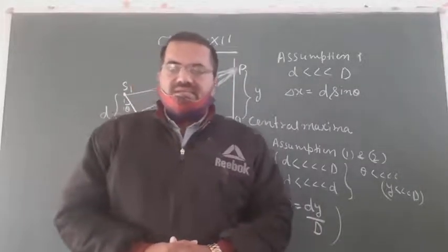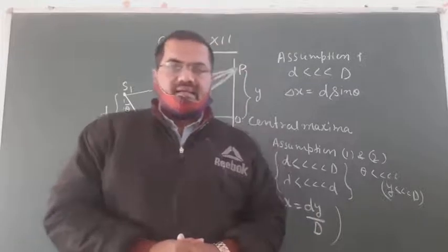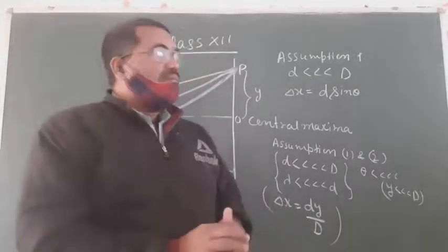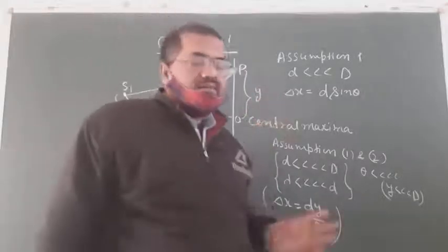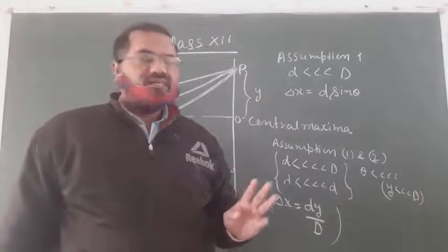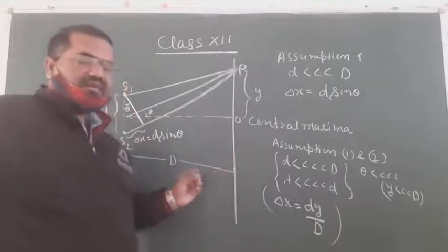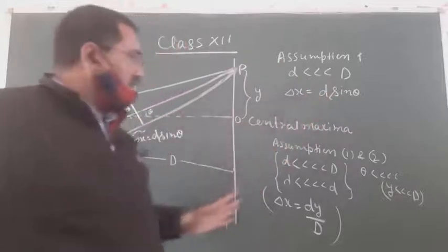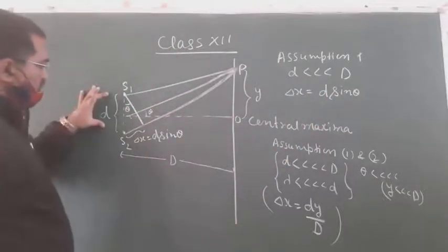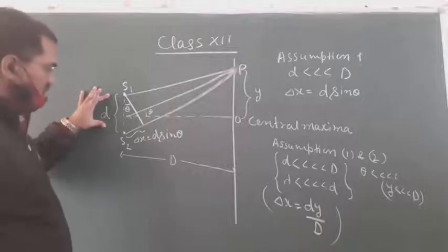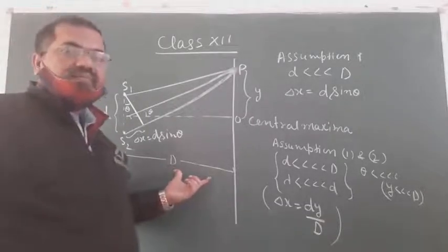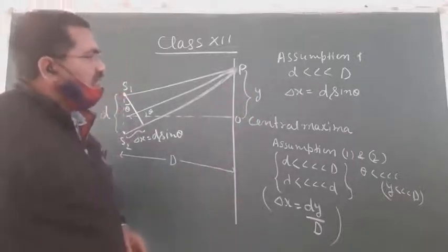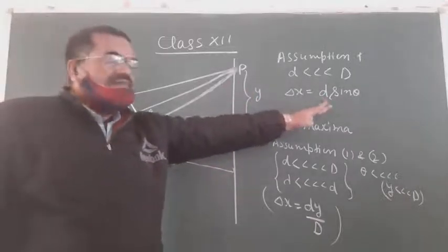Today our lecture is based on YDSE for class 12, and we have already seen in the previous lecture that there are three cases of path difference between two waves. First case is basic, which can be ignored, and second case is when small d is much lesser than capital D. That means small d is the distance between two slits and capital D is the distance between screen and slits. When small d is much smaller than capital D, then path difference will be d sin theta.